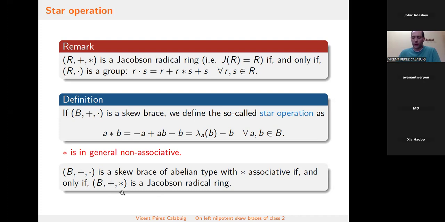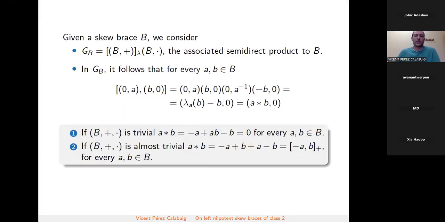Indeed, we can also apply group theoretical methods because we can also consider the following construction. Given a skew brace B, since the multiplicative group acts on the additive group, we can create the semi-direct product of the additive group times the multiplicative group by means of the action lambda. I don't know if you are familiar with this notation, but this means that this is the normal subgroup and this is the subgroup acting on the normal subgroup with the action lambda. Okay, so this is a semi-direct product,